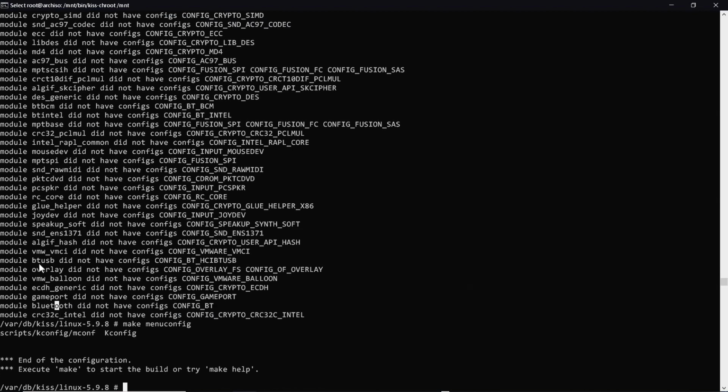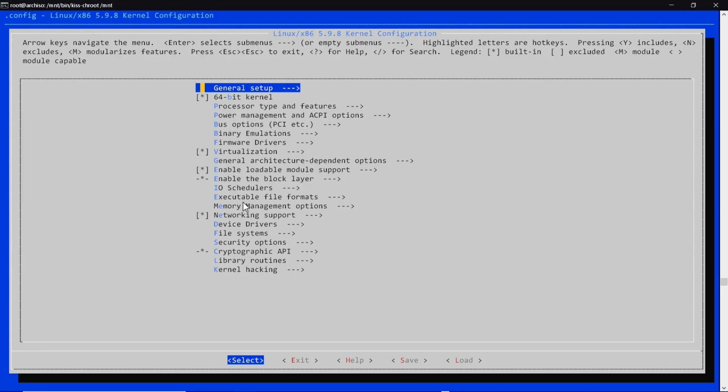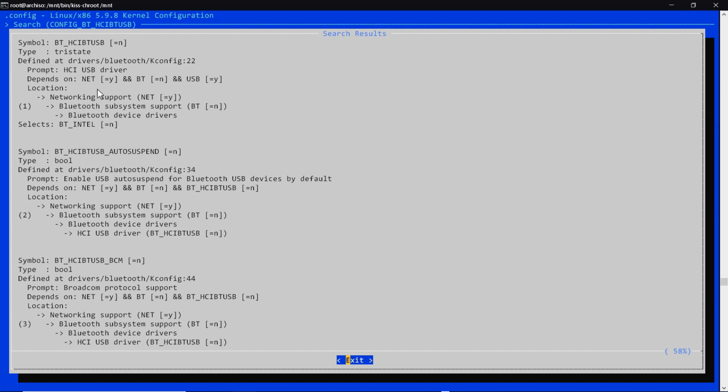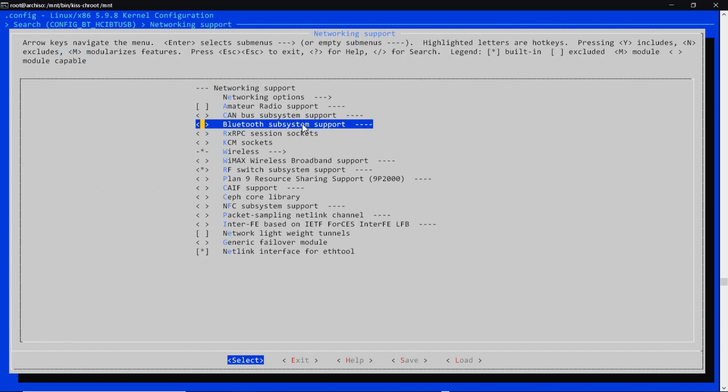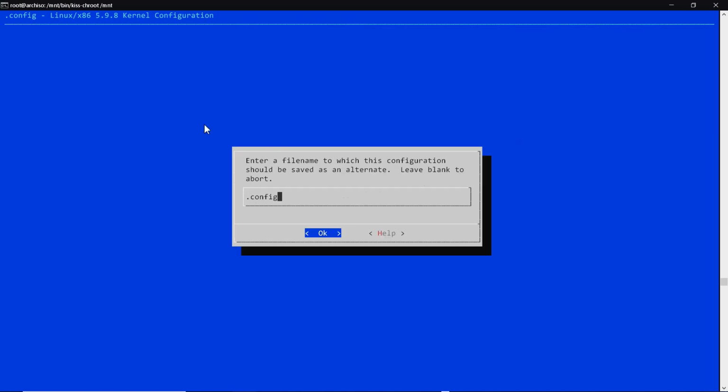Don't touch it because there's a Bluetooth USB here that might be much easier. I'm going to take this one. Go to my menu config. Let me search for that one instead. This is my Bluetooth here. Oh, that's easy. It's BT Intel, number 1. It's this one. I will select it and nothing else. I don't have to go there, okay? I just select it, save,